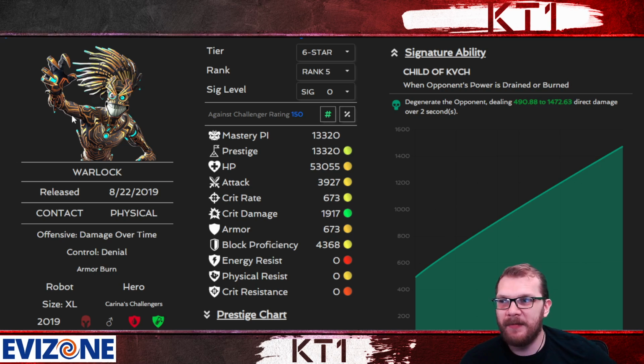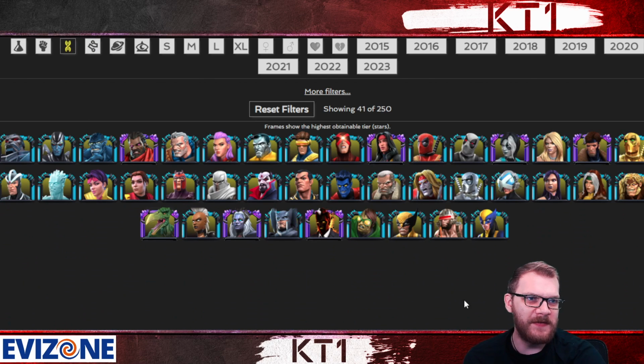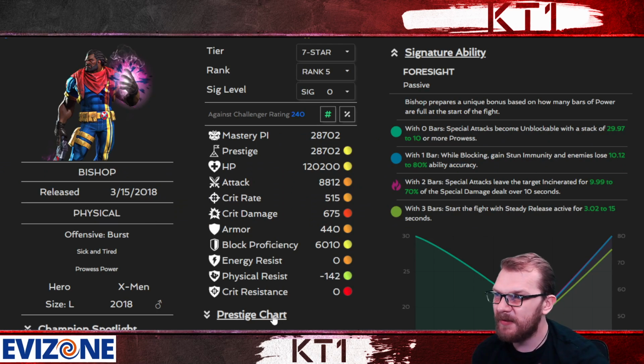But at the same time, you need to be aware that there will be metas where it might not quite be worth putting him in the deck. But there we go. Super versatile, both offensively and defensively. Moving on to spot number 15, I will give that to Bishop. And Bishop obviously is one of the 7-star champions that's very functional on Awaken,